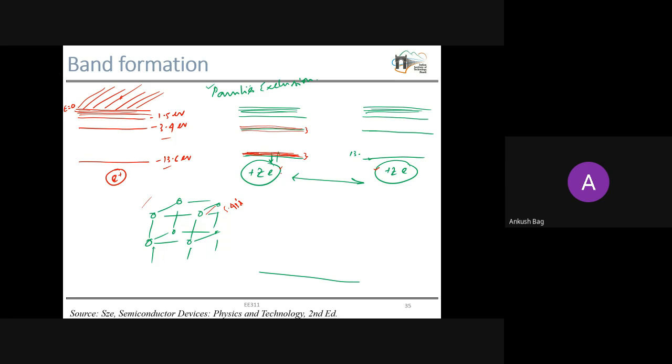No matter what the distance between two atoms is, Pauli's exclusion principle is valid every time. Maybe this atom is a kilometer away from another atom, and it is still valid. But the thing is, this is called degeneracy. The more the distance between two atoms, the less the degeneracy will be. In that case, we may not consider the band.